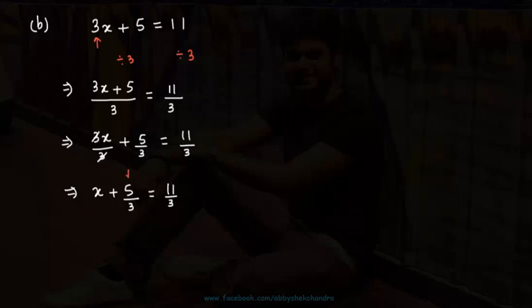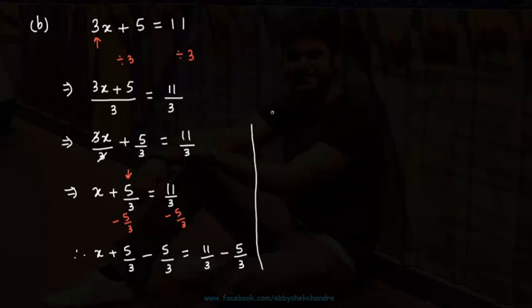Now to isolate x, we need to remove 5 by 3 from the LHS. And to do that, we will have to subtract 5 by 3 from the LHS. We already know that if we subtract 5 by 3 from the LHS, we will need to do the same from the RHS. So, x plus 5 by 3 minus 5 by 3 equal to 11 by 3 minus 5 by 3. Plus 5 by 3 and minus 5 by 3 cancel each other out, giving us x equal to